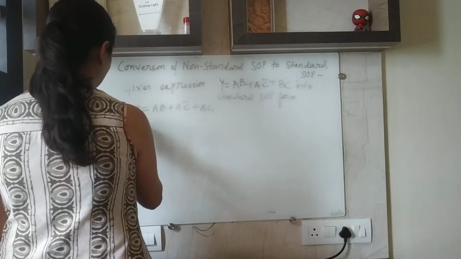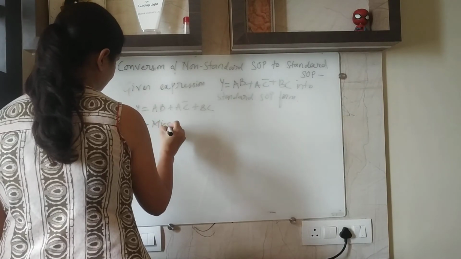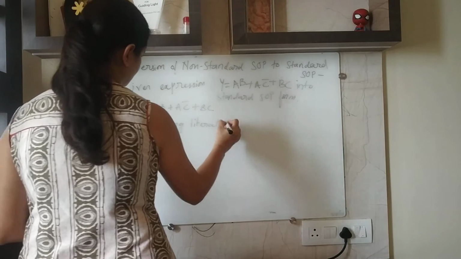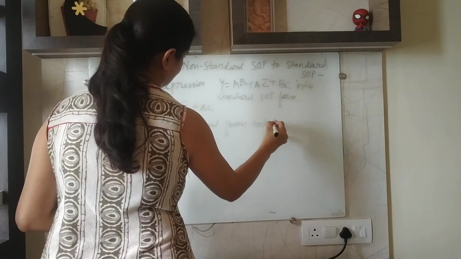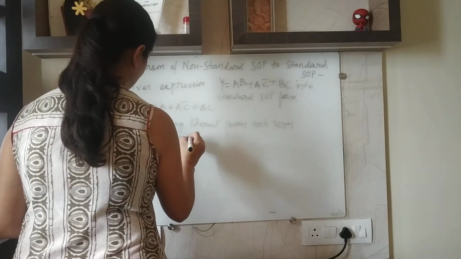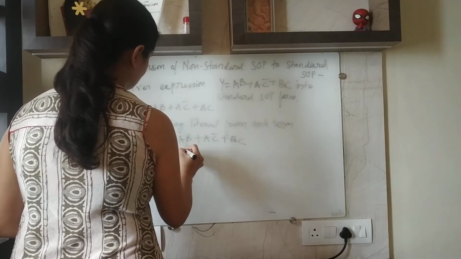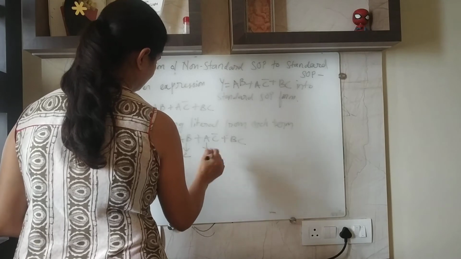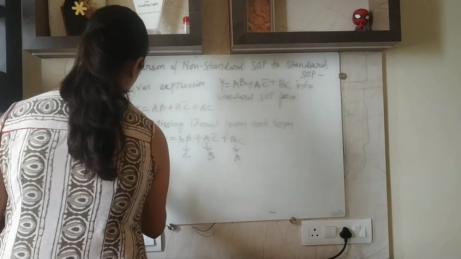First step is to find out the missing literal from each term, right? So here Y equal to AB plus AC bar plus BC, right? So here in this equation the missing literal is C. Here B is missing and here A is missing, right? Now step 2,